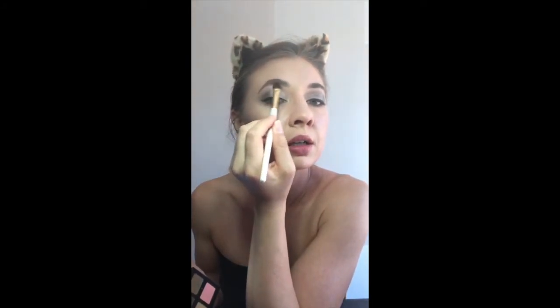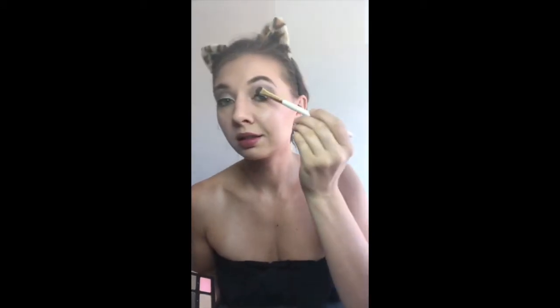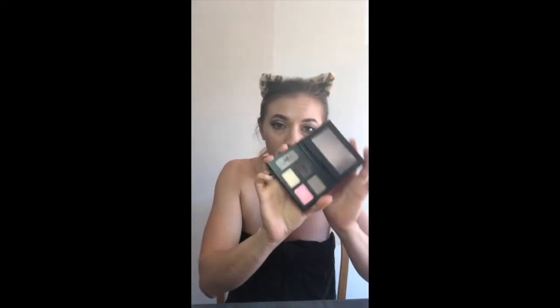Highlight underneath. I can do mascara with my mouth closed. This I cannot. It's like, hi. If you drop it, you still don't break it. So yes,